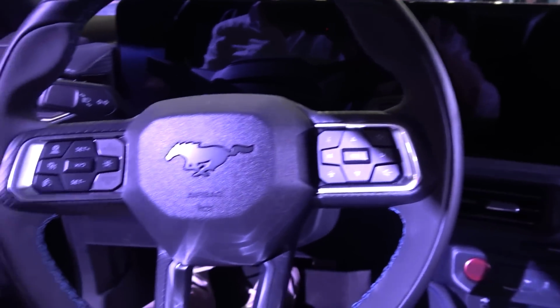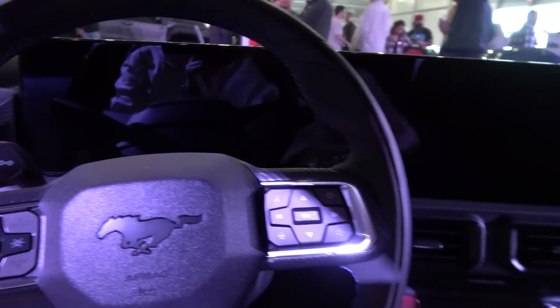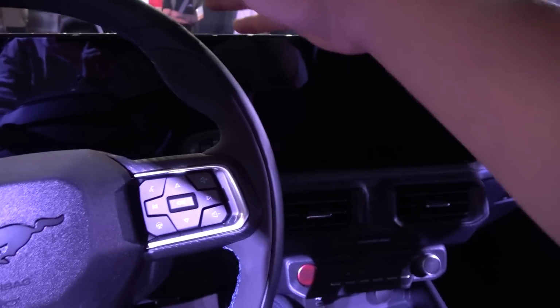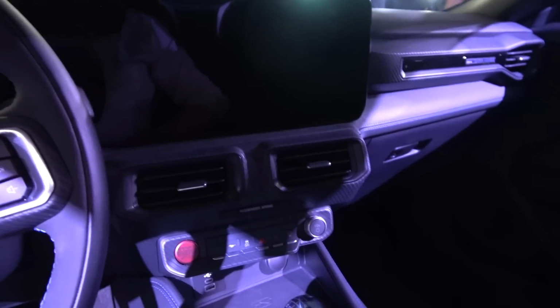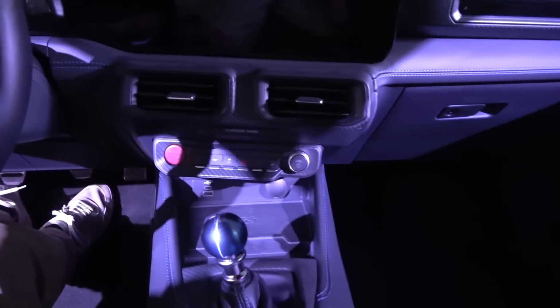Some familiarity to the design, the steering wheel, the shapes, the controls that you have through there, but a very, very different look to the double canopy that's been found on all previous generations. These are, of course, the Recaro sport seats. We do have the seats in the back, unlike my track pack version of the GT500, but this is the Mustang dialed up. The 7th generation is here, long awaited, but with our USB-C ports, wireless charging pad, cup holders